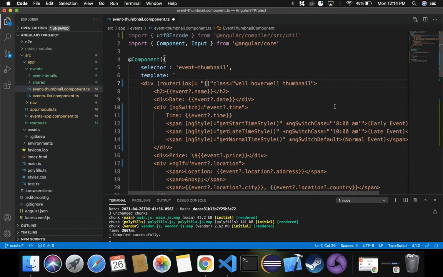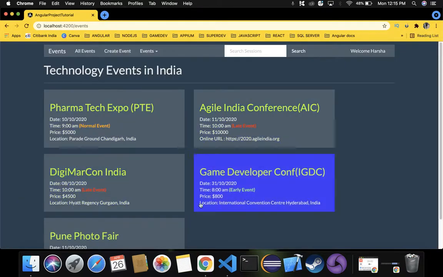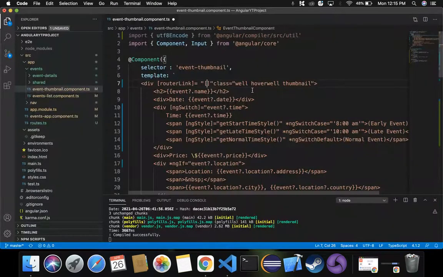If you want to dynamically pass an ID to display event details, we can pass it. Since we are navigating to these events, we are going to pass unique IDs for each of these events. So we have to pass two parameters in this case for the routerLink. The first one is the path where it has to navigate to. The path which I want to navigate to is /events, and the other parameter we want to specify is event.id.